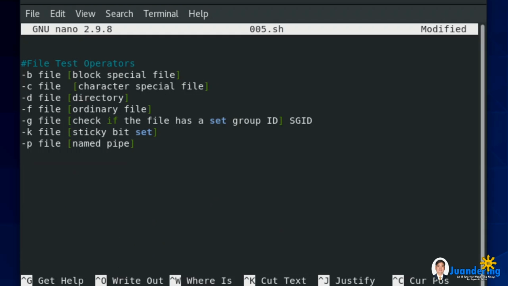What else? -t file. Check if the file descriptor is open and associated with a terminal. So check if the file is open and associated with a terminal. Then we have